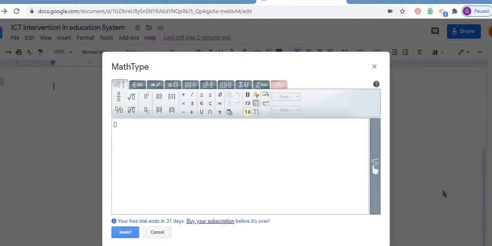So it is going to show you a chat box, a box. This is of the MathType. Let me clarify, this is a 30 days trial, and after that we need to buy, but you can resubscribe. So for example, if I am going to write this equation of under root 3 plus